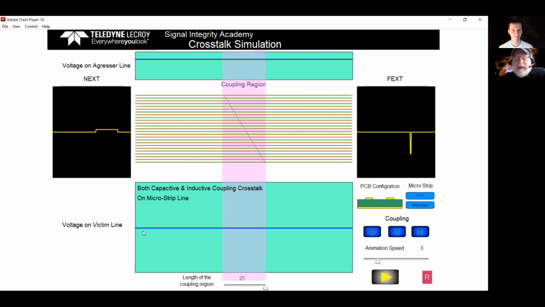On the victim line, I've just introduced this pulse. Remember, when we sent the signal in, we get this signal on the aggressor, and we get this signal on the victim line. The victim line doesn't know it's a victim line, doesn't know this is crosstalk noise. It thinks this is signal, and it's going to interact with the terminations at the ends exactly the same way